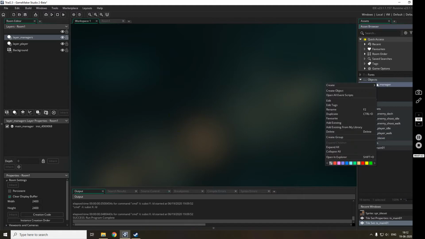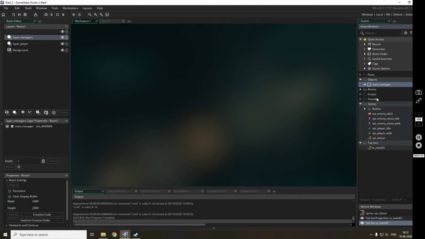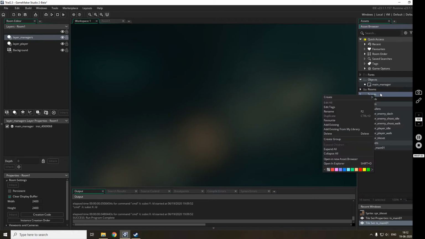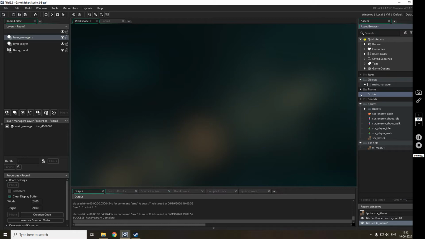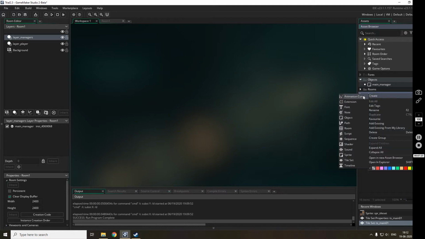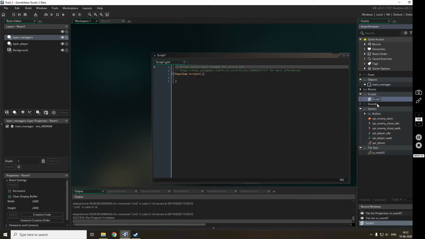Now I'll create a script related to tile sets. So yes, now we'll come to the scripts. In Game Maker there has been a lot of change in scripts. Now you create a script and you can give it any name you want.